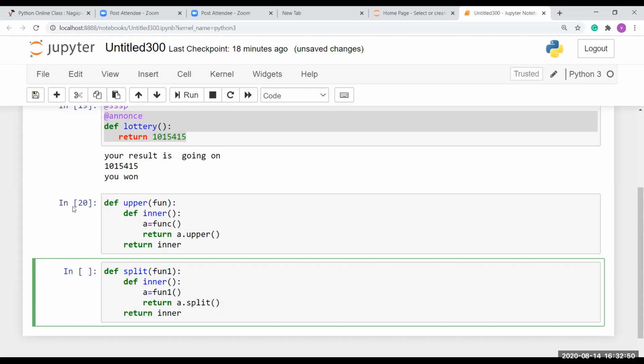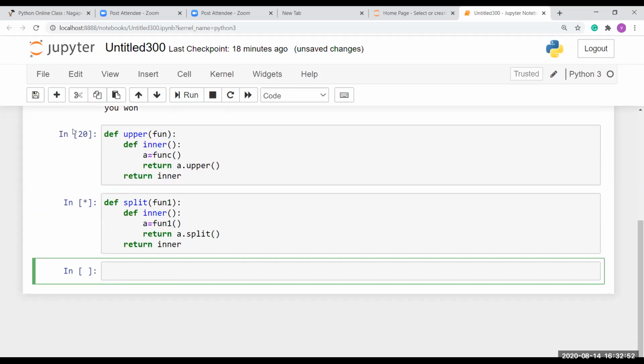Okay, so now we have two decorator functions, and now I'm going to create a new one.